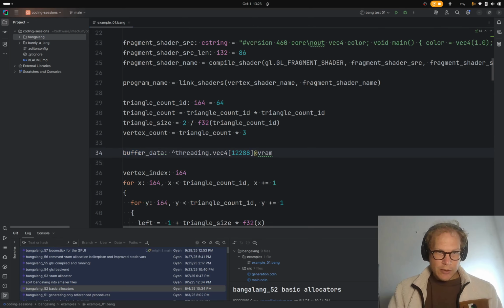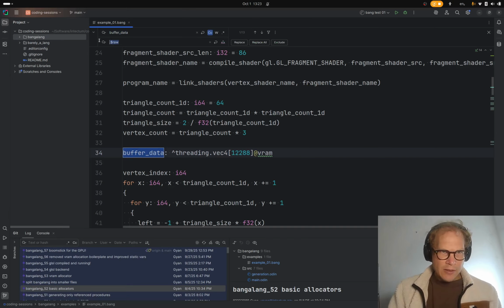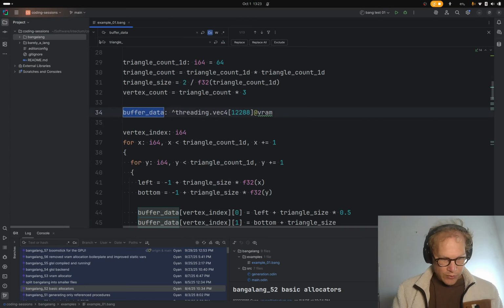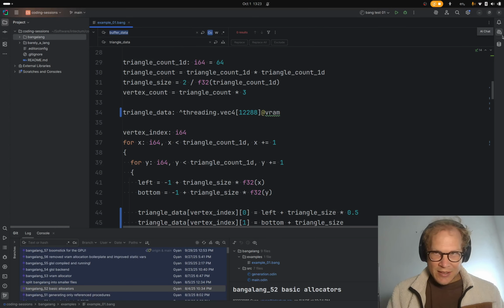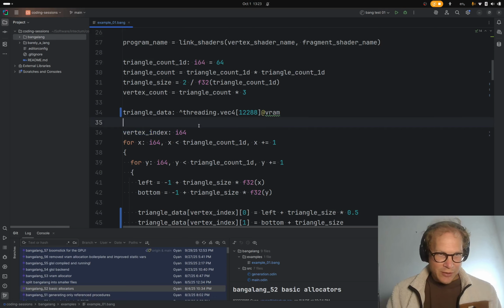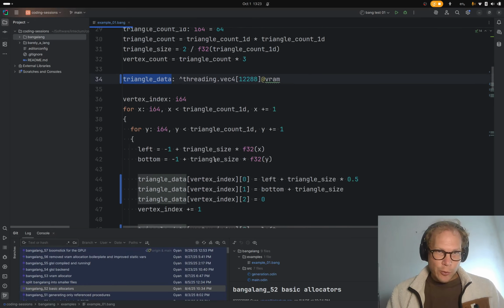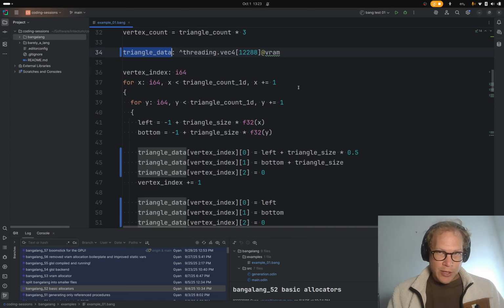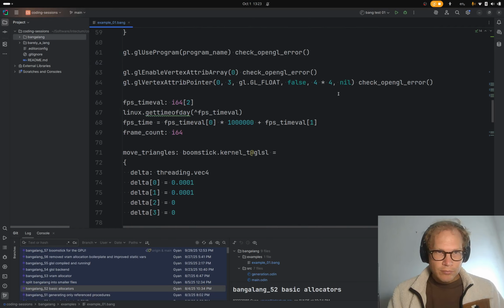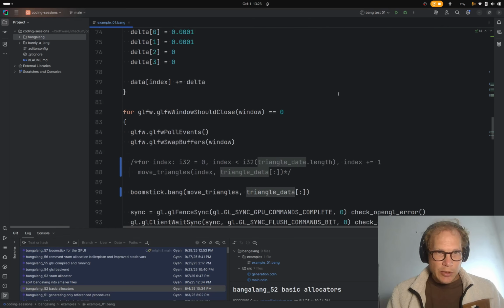You know, I kind of want to, I guess we can't do refactors since it's a custom language. But buffer data feels so generic. Let's call it triangle data. So I've allocated this triangle data. This is just a loop that initializes it to be triangles. And the next step is,